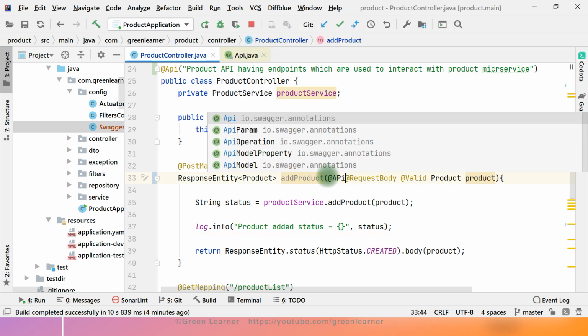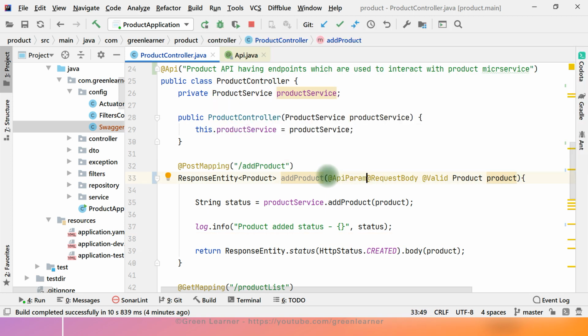So also here I can use API param, and put a space, and say information about products to be added. So this information I need.